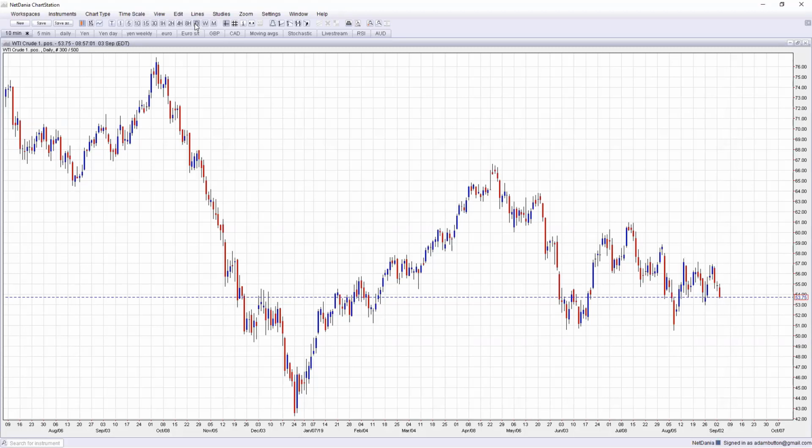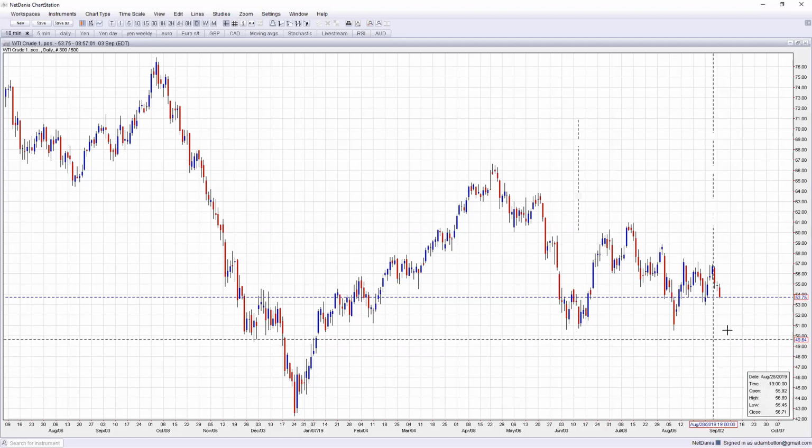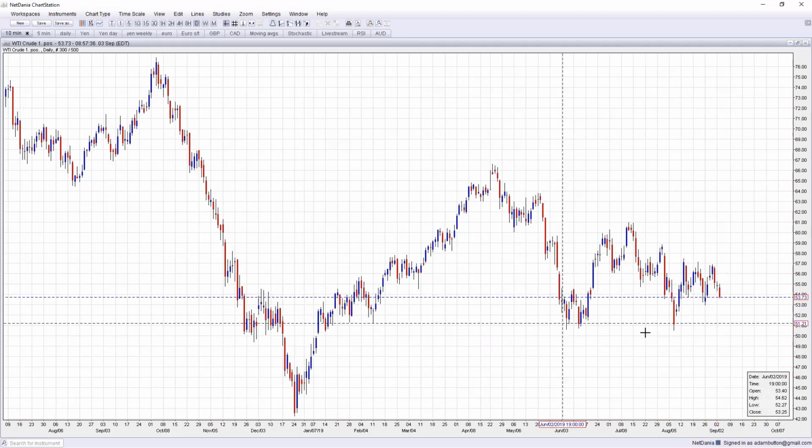But yes, it's definitely the descending triangle. The last few times we tried to get higher, there's been a series of lower highs. We don't really have the lower lows yet, but it's consolidating around the lower part of the chart, and it doesn't look great. Seasonally, it's not great. And fundamentally, we can see a lot of things start to roll over in the next little bit. So, a negative trend for oil.